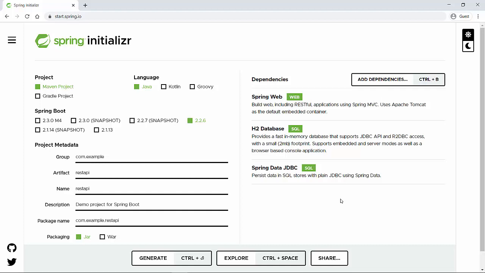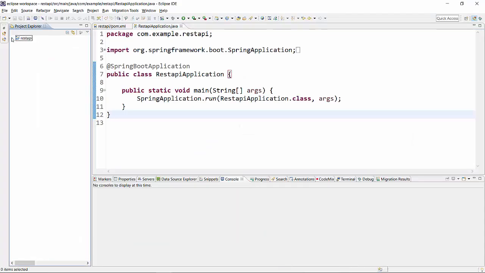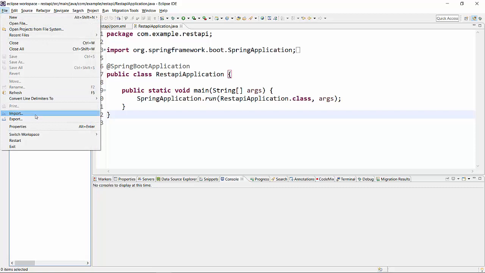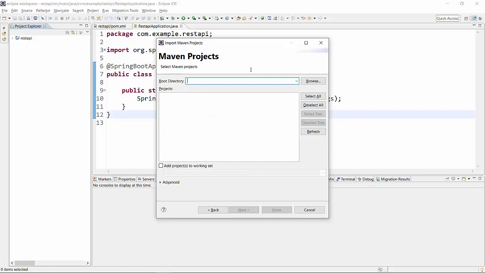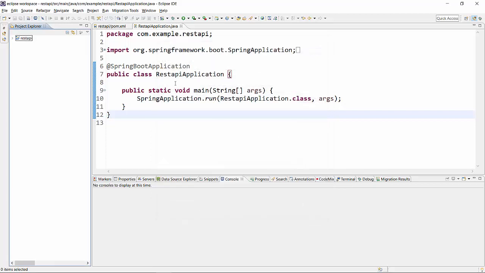You have to extract that file and then we are going to import that in our Eclipse project. So the way you can pull your project into Eclipse is you have to go to File, Import, and select existing Maven project, click on Next and provide it in this root directory. Once you do that, it will load the pom.xml file and you can select it and click on Finish. In this case, since I have already exported it, it's not allowing me to click on this because it says project REST API is already imported into the workspace. So I am going to cancel it since I have already exported, and this is the folder structure which is